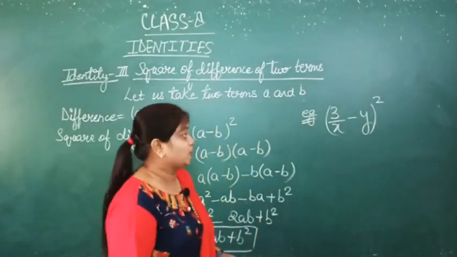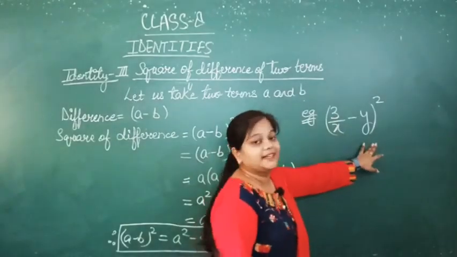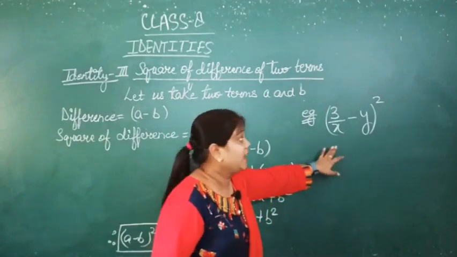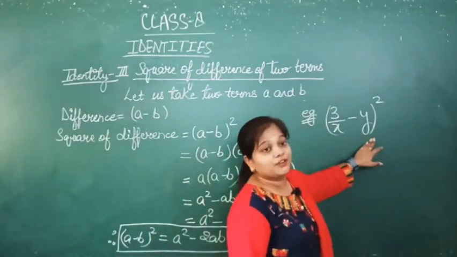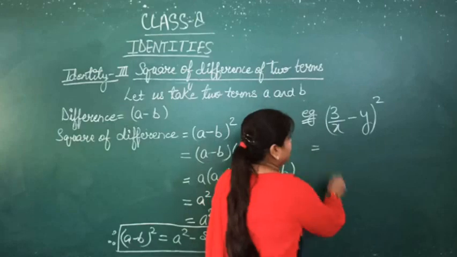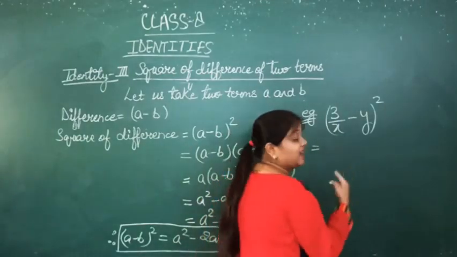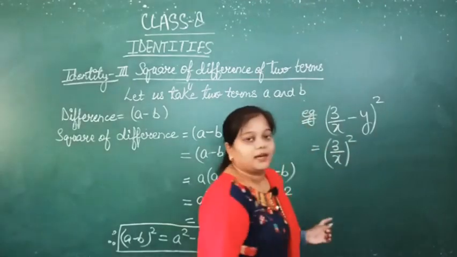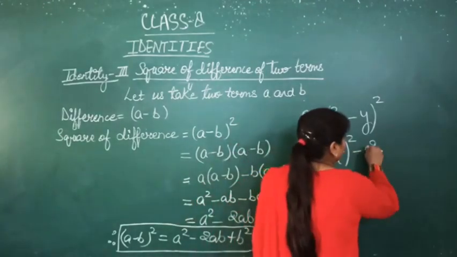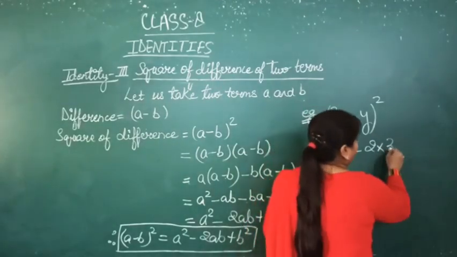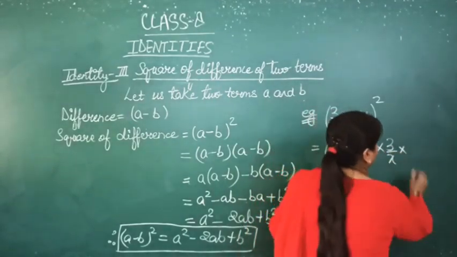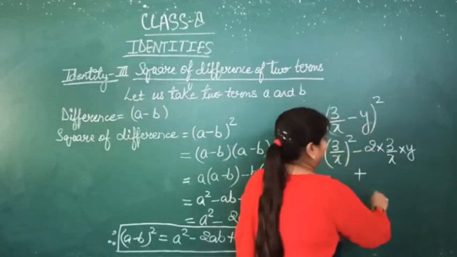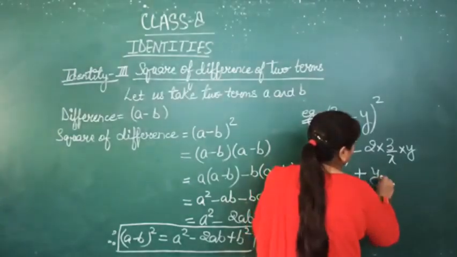You have to find the square of 3 upon x minus y. Here 3 upon x is in place of a and y is in place of b. Using our identity, we can write it as a square, meaning (3 upon x) whole square, minus 2a, meaning 3 upon x, and b, meaning y, plus b square, that is y